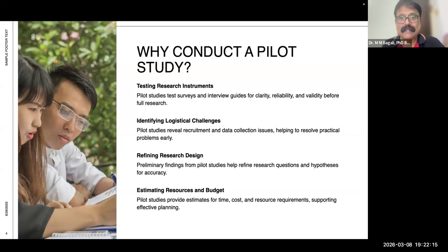So in pilot study, you could also look at the four independent variables that you can look at. It could be in terms of approach. It could be in terms of methodology. It could be in terms of management, or it could be in terms of any other. The first impression that I'm getting when I listen to your research question. The last research question talks about impact and outcomes.